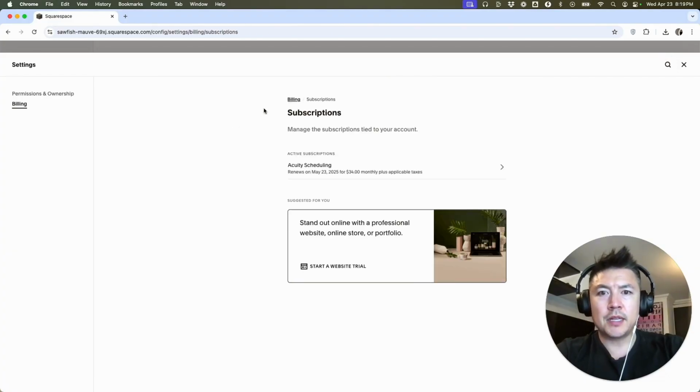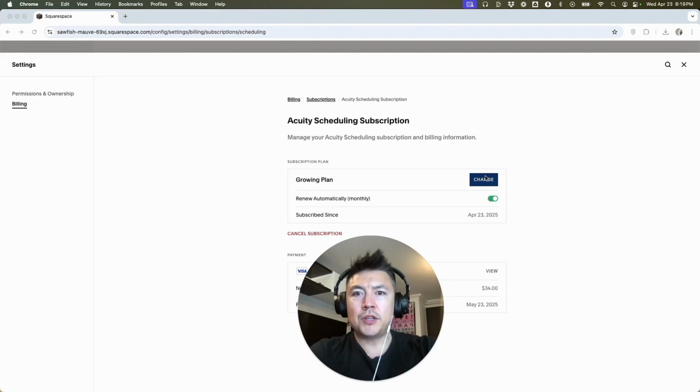Okay, once you do that, you're going to see all the different subscriptions you have through Acuity Scheduling. You can see right here, and just click on the active subscription. Okay, once you do that, you're going to see what paid subscription you have through Acuity. You can see I have the growing plan. Now, before you cancel your Acuity Scheduling, you do have the opportunity to downgrade your plan. If you're not using all the features, you can click right here on Change and then choose a lower tier. However, if you're sure you want to go ahead and cancel your paid subscription, click on this red button here,